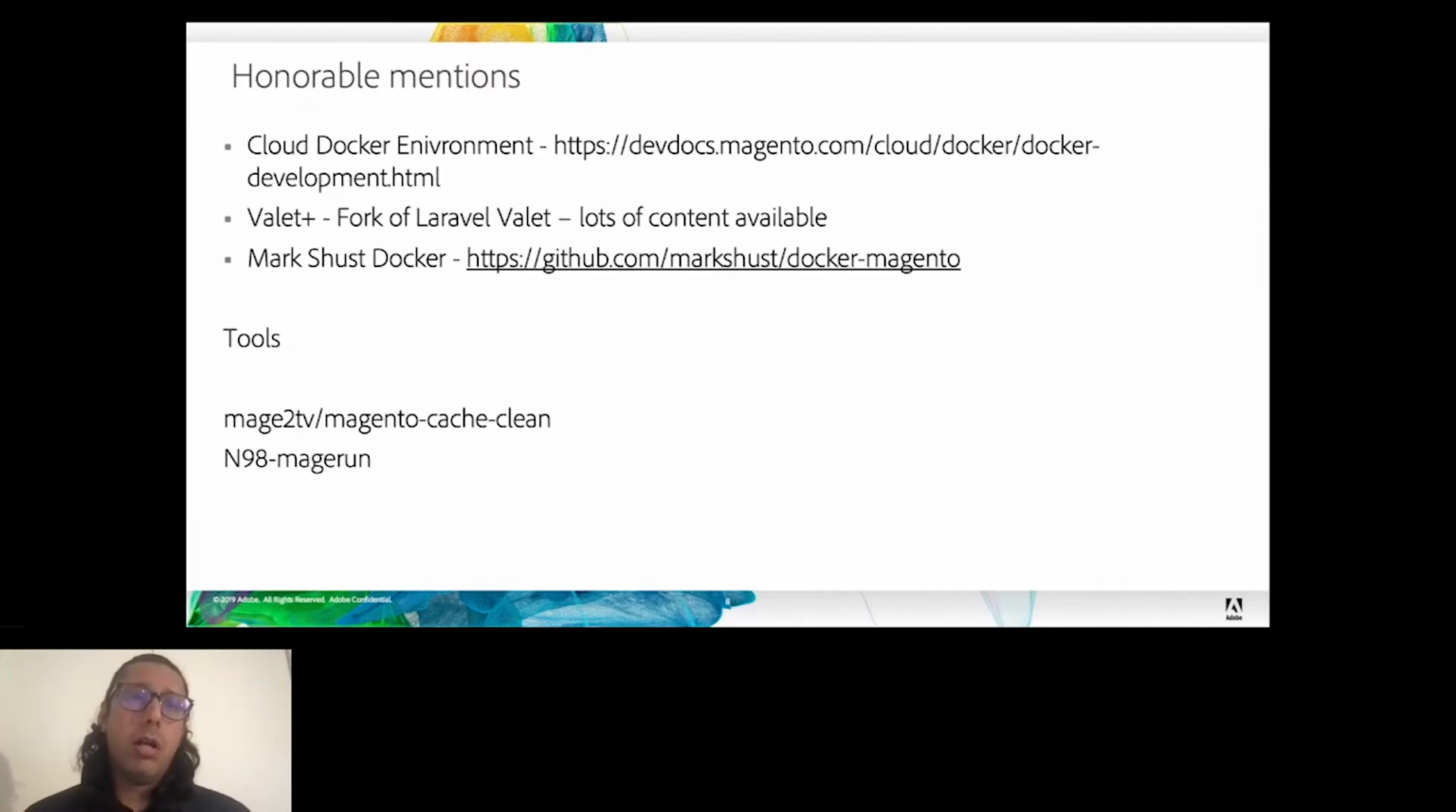Having talked about Docker, now I'm going to talk about some of the tools that you can look at. So n98-magerun2, I think that's a great developer tool. It allows you to do a lot of stuff like create admin users, customer users. One of the best features that I like with n98-magerun is that it allows you to take